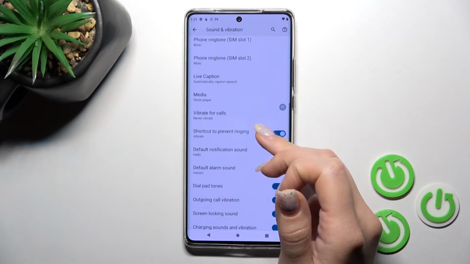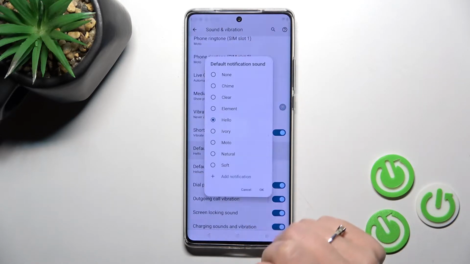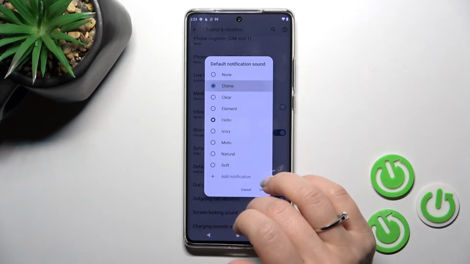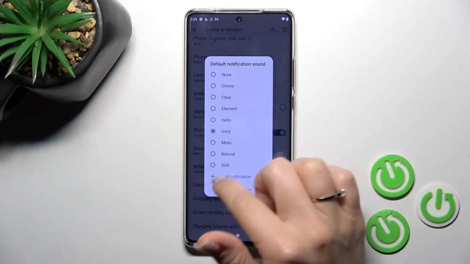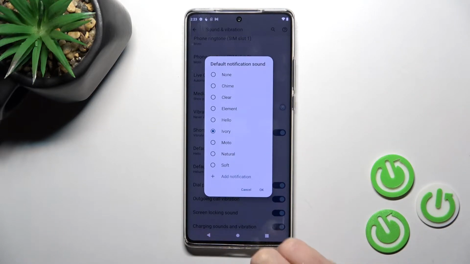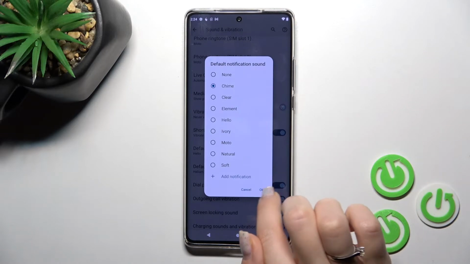After that, let's scroll a little bit down to the default notification sound, and now just switch your current sound to one from this list. Also, you can use your custom notification sound, but how to do that you should find in another video on our Hard Reset YouTube channel. And now, for example, let's use this one, and to save the changes you should